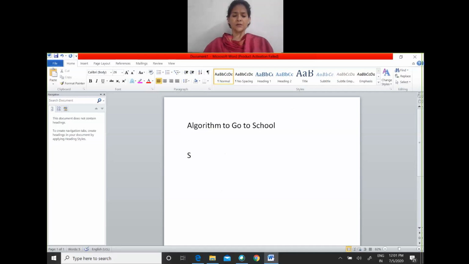The first rule to write an algorithm is step 1. We are supposed to write down step 1, step 2. Everything should be listed like this. And step 1 is start, and the last step would be stop. So step 2 now, first thing is you need to wake up to go to the school. The first rule of an algorithm is step 1 has to be start, not stop. I've seen children making these errors. So make sure